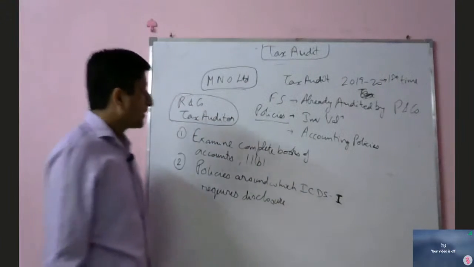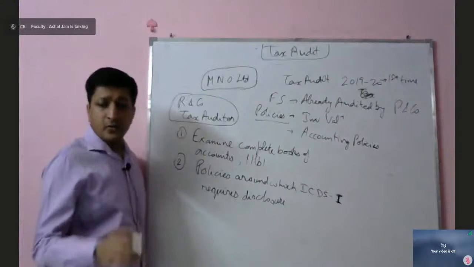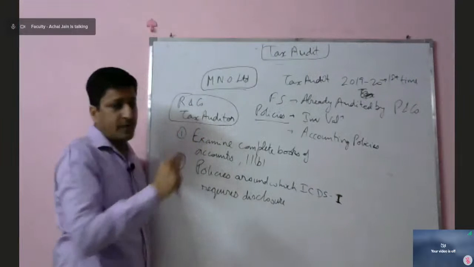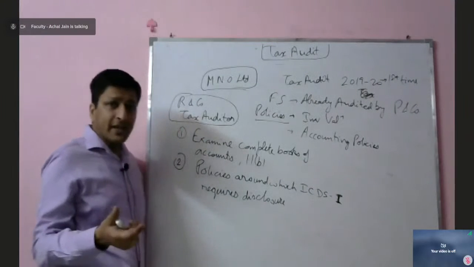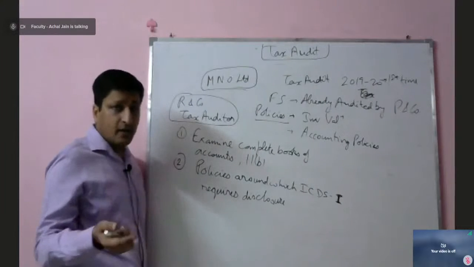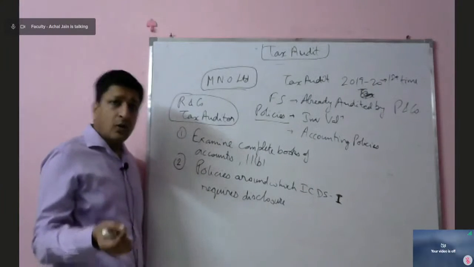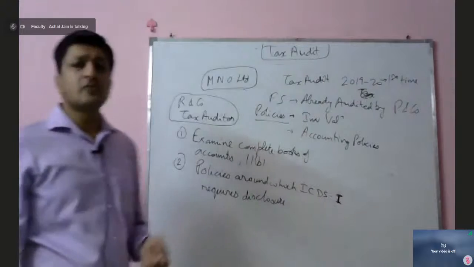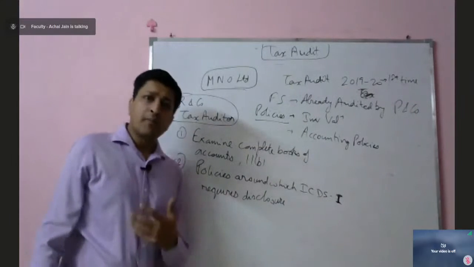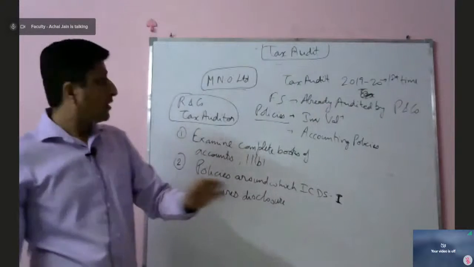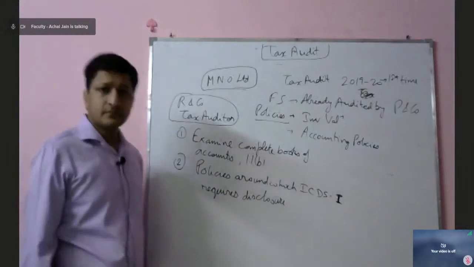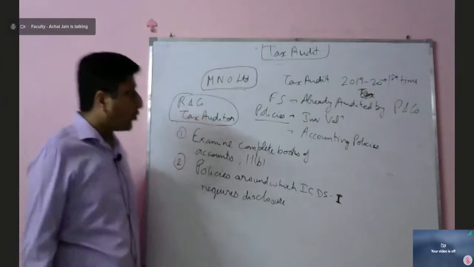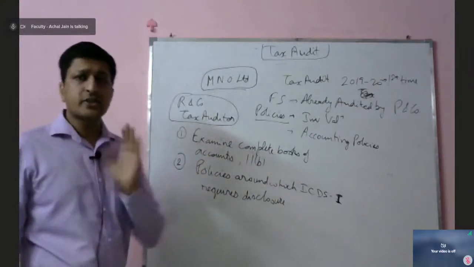So what the management of M&O Limited could understand on the basis of the requirements of R&D company was that, in a way, R&D company are looking at audit of books of accounts. It may not be a complete audit, but significantly they want to cover the audit of books of accounts of the company. So that's the requirement which management could assess on the basis of requirements and the discussions with R&D company.